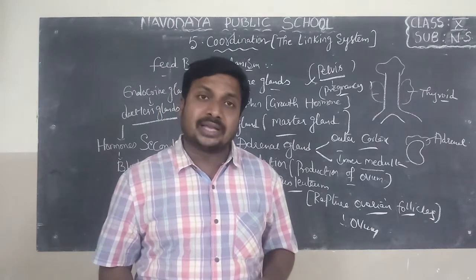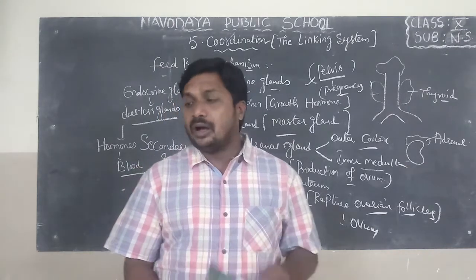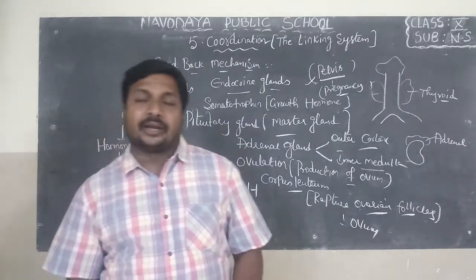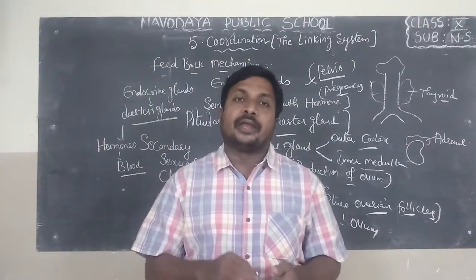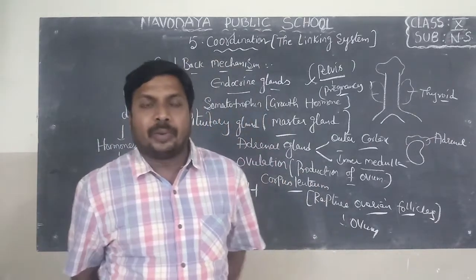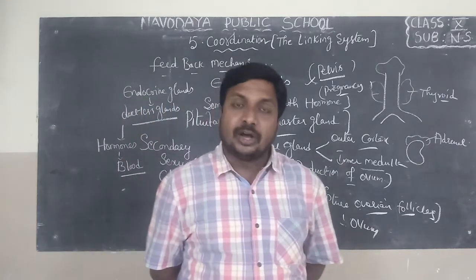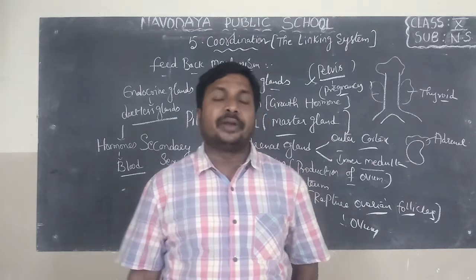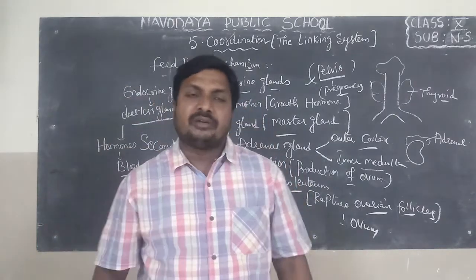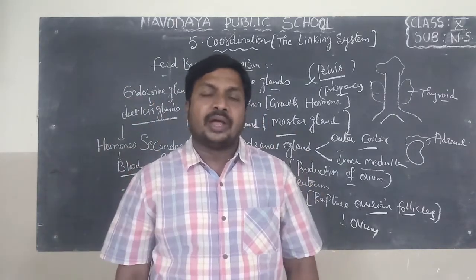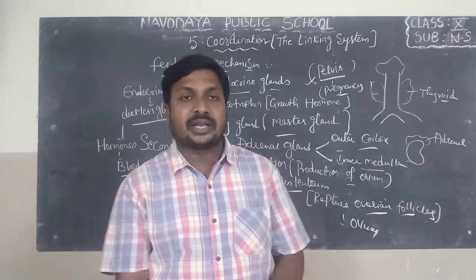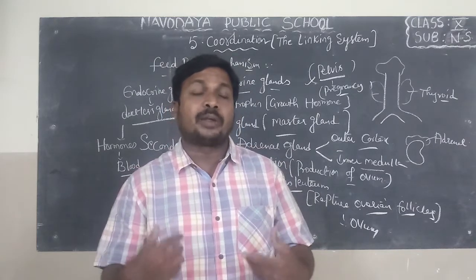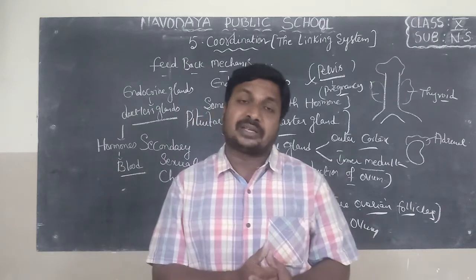and adrenal gland. All these are known as endocrine glands. Up to here we completed coordination in animals. In animals, coordination is brought by two systems. One is the nervous system, another is the endocrine system. The nervous system brings coordination in different body parts present outside of the body. The endocrine system brings coordination in different body parts situated in deeper parts of the body.